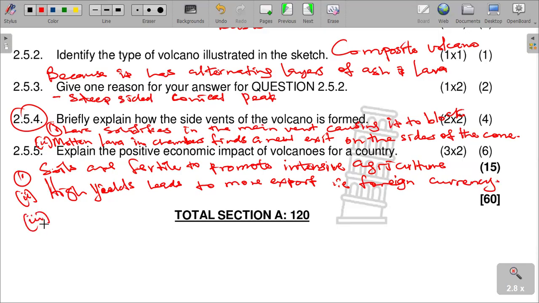And also finally talk about tourist attraction. Tourist attraction, finally, results in creation of more jobs,